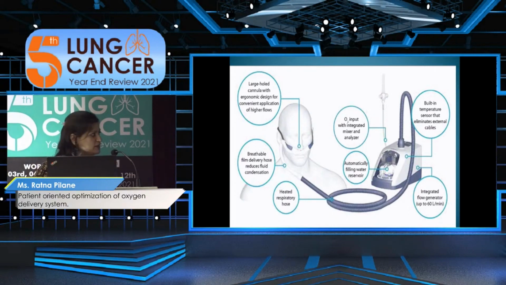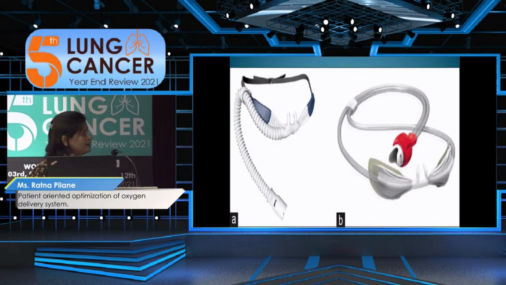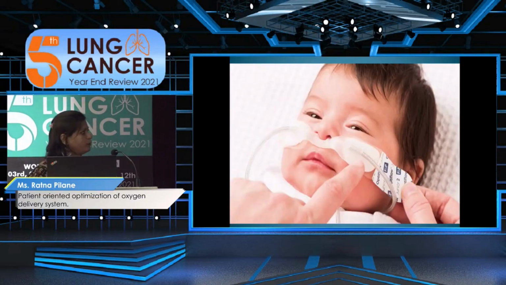This is HFNC. Then this is the nasal cannula. This one is usually used for adult patients, and this nasal cannula is used for pediatric patients. This is the proper position to fix it if you are putting the patient on HFNC. You have to put it in the proper way, and there is a sticking also. If the patient has delicate skin, you have to check the skin and then fix the cannula, so there will be no dislodgement of the nasal cannula.